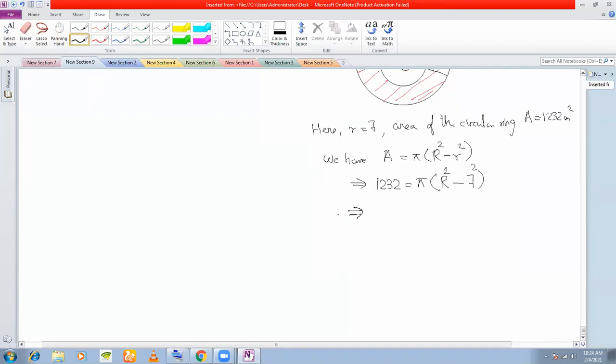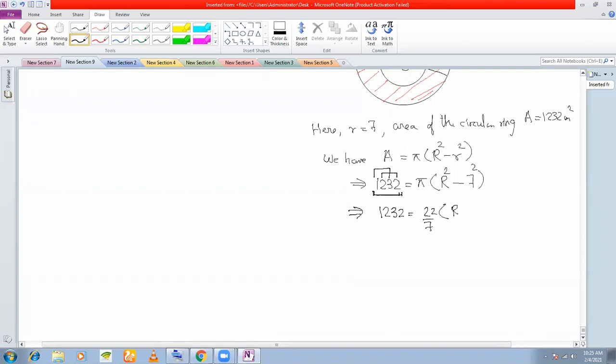Next, what you see is that this 1232, can you divide this by 11? Is it divisible by 11? Do you remember the divisibility test for 11? This 2 plus 2 is 4 and 3 plus 1 is 4. The 4 minus 4 is 0 and 0 is divisible by 11. That means 1232 is divisible by 11. Okay, and when you take pi is equal to 22 by 7, 22 is also a multiple of 11. That means 22 and 1232 will both cancel with 11. So that is why you take the value of pi here as 22 by 7.